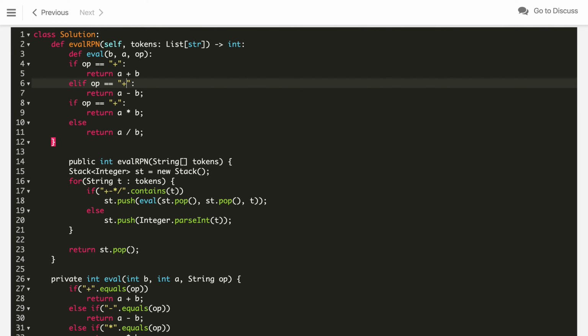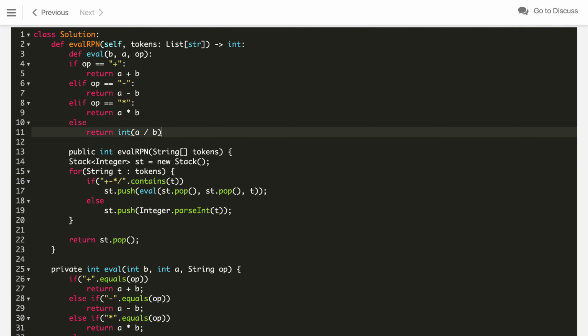If this operator is minus, then subtract a and b, and if this operator is multiplication, then multiply. If this operator is division, then first we need to take the floating division and then convert it into an int. So this int conversion we add over here. So that's the definition of our eval method done.